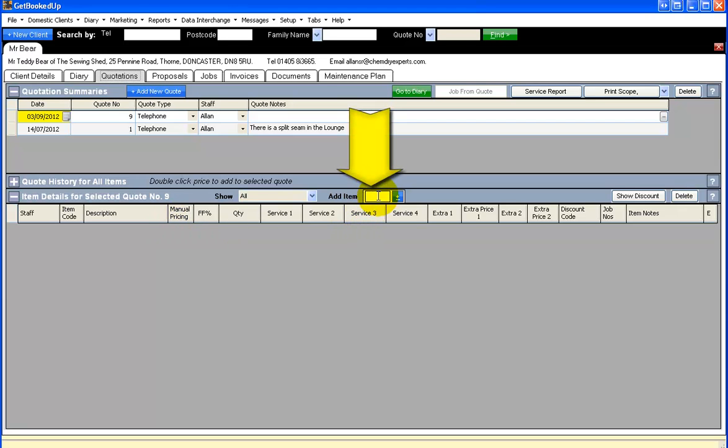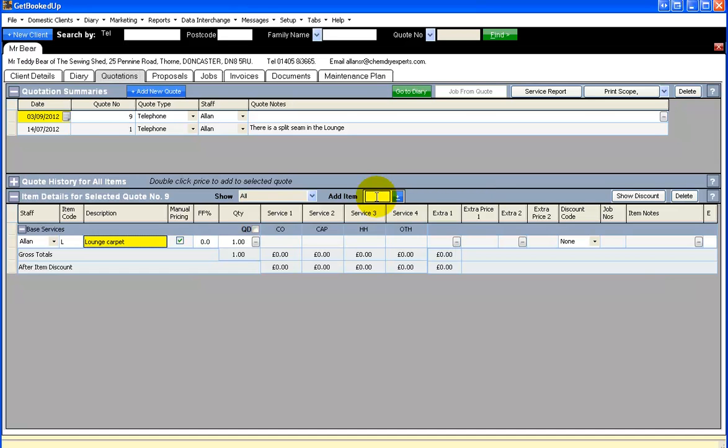We can add new items on by clicking into the add item box, and if we know what the item code is for an item, we can pop this in here. So I know that L is lounge carpet, so put L in there, hit tab, and that'll add the lounge carpet onto the item details here. It's set up as manual pricing within the Forever Free edition,